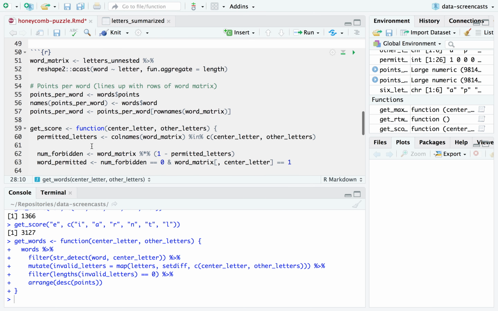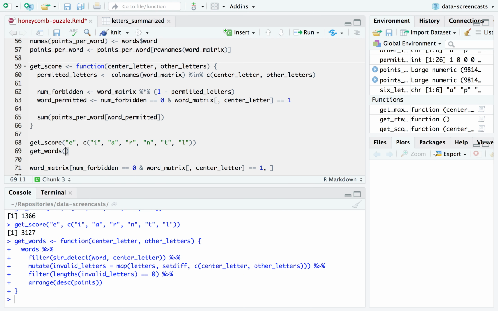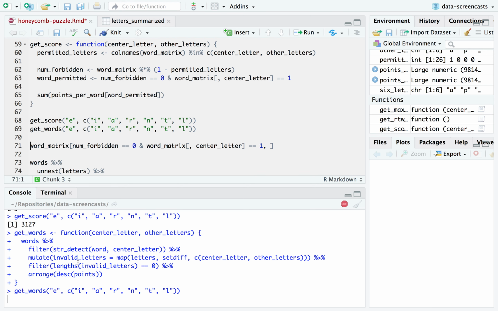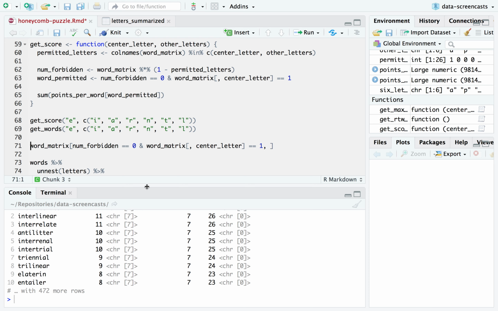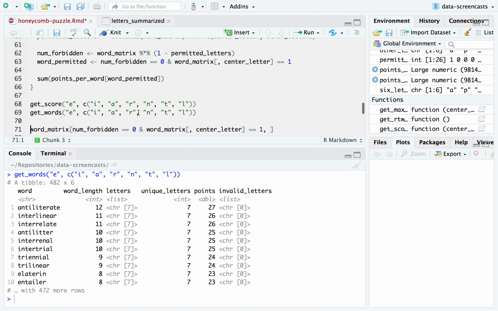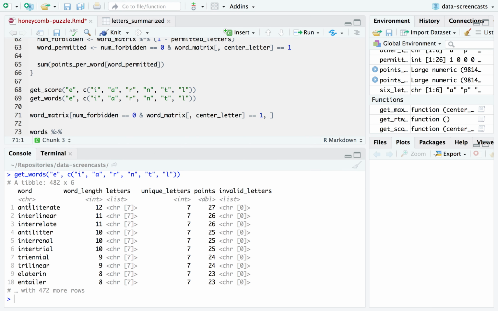So here's my get score. What if I get words with the same center? They should add up to 3,000. Notice, wow, there's 482 words. Anti-literate is a 27.1 that becomes available when you offer this combination of letters. Interlinear,